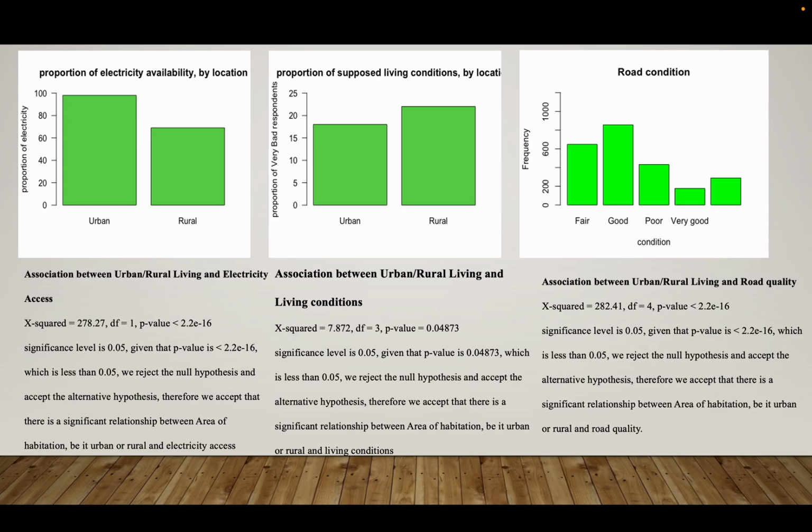And then finally, for my association between urban and rural living and road quality, x squared was 282.41, DF was 4, and p-value was less than 2.2 e to the power minus 16. Significance level is 0.05. Given that p-value is less than 0.05, we reject the null hypothesis and accept the alternative hypothesis. Therefore, we accept that there is a significant relationship between area of habitation, be it urban or rural, and